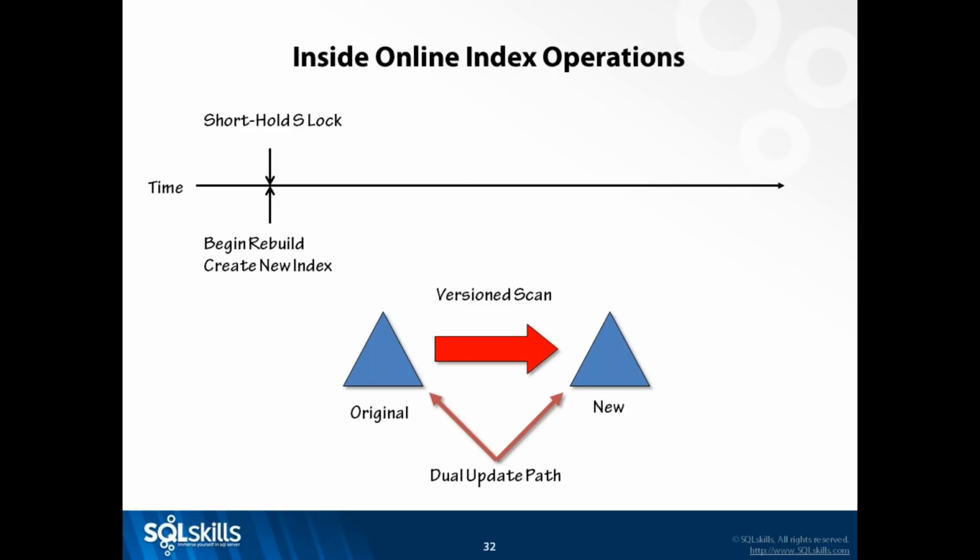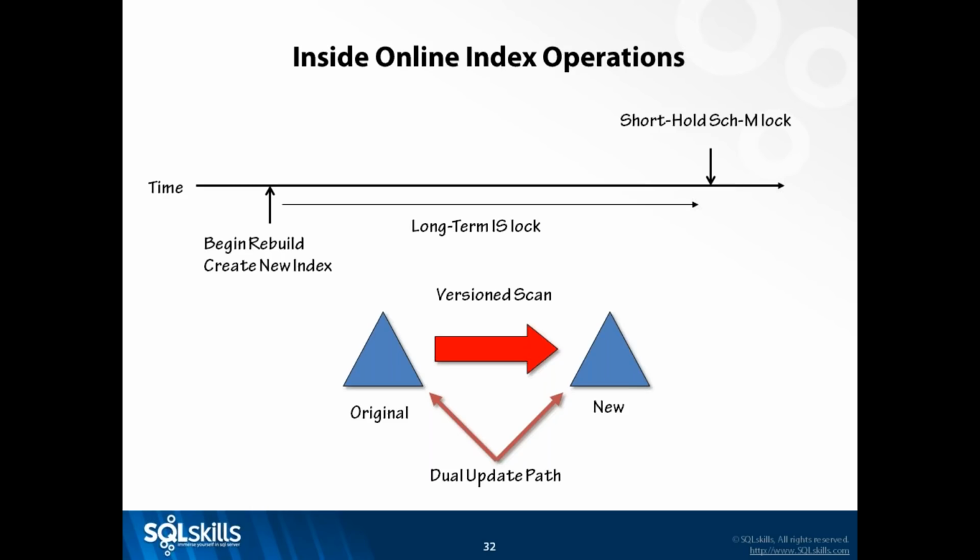And under the covers, it kicks off a versioning scan, okay, using the versioning mechanism of the old index. It actually uses a different version store from the regular version store. The different version store only exists while there are online index operations happening. And then it drops the S lock to an IS lock. And that shouldn't block anything except somebody wanting to take a table exclusive lock or somebody wanting to take a schema modification lock for some reason. So the version scan happens under the covers. At the end of the version scan, we should have 2 indexes, one with less fragmentation and the old one.